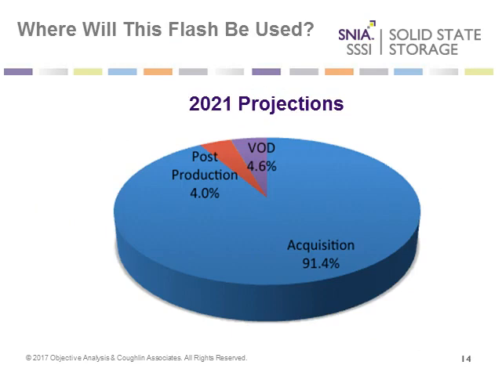let's take a look at what's driving those 2021 projections. Again, this is for flash. A lot of it is the acquisition as you get more cameras, higher resolution, higher frame rates, etc. Having rugged storage for professional cameras and for rendering and other types of applications is, we think, going to be the biggest driver. There's great value in doing that. Then in post-production, we see flash becoming more important there. And on the delivery side, for instance, in video on demand, flash is also playing a more important role. So let's go to the next slide.